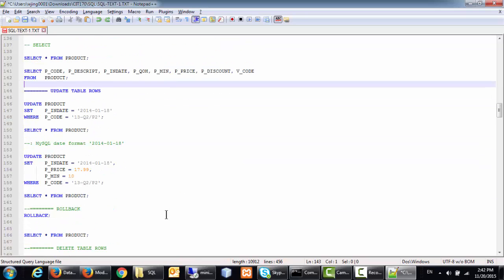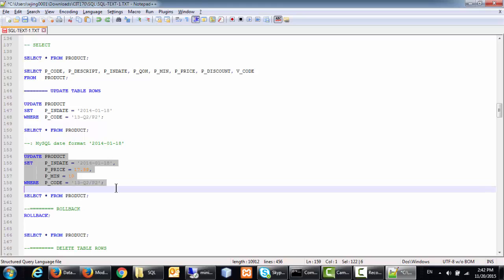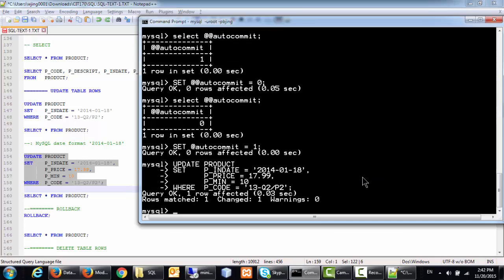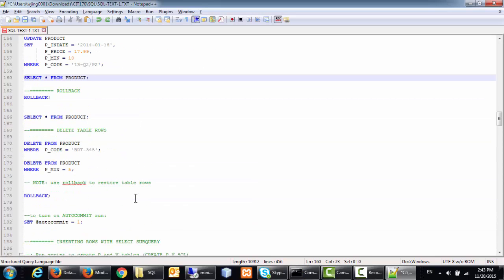So you can work on all the file, and this is update, where I want to update some value on the product, right? If I want to change some value, I can use the update command. You can go to the textbook and see the detailed explanation. So there is no problem for the text one